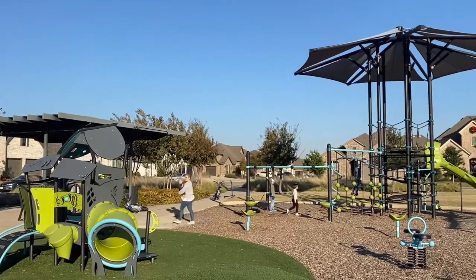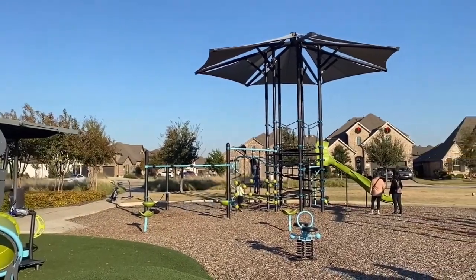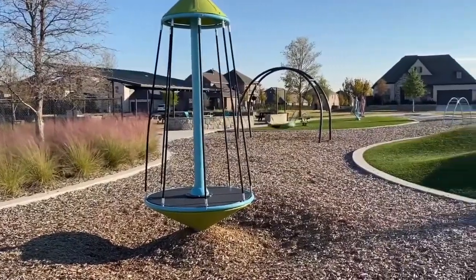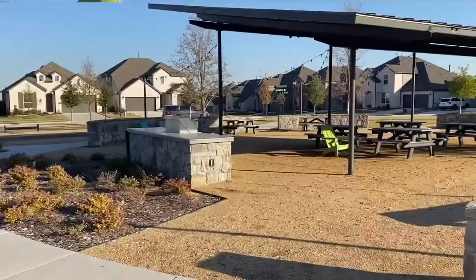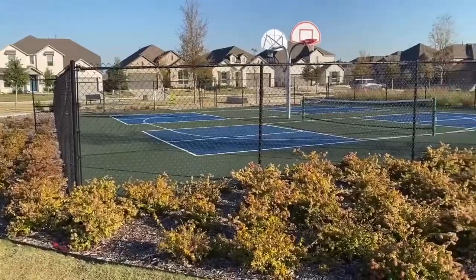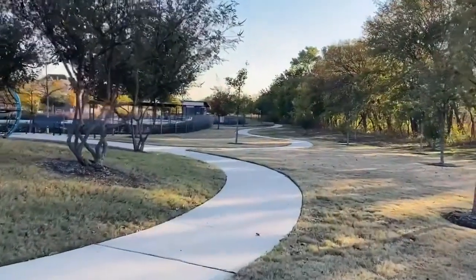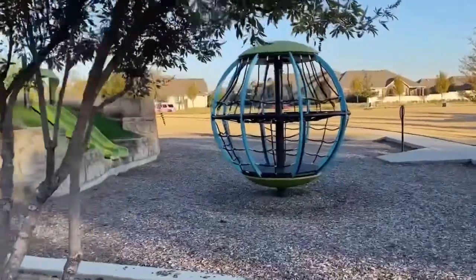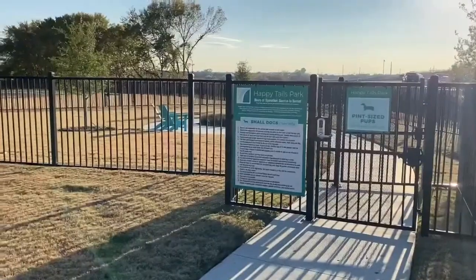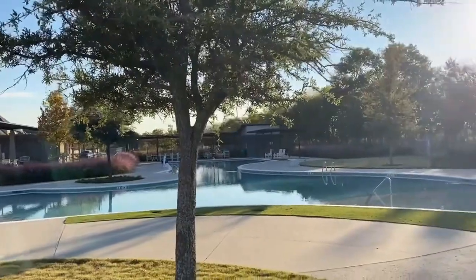Each time I have visited the community, I have seen several families just hanging out at the various parks scattered throughout the neighborhood. Lilyana's Blue Bonnet Park offers a covered pavilion, picnic tables, bocce ball, cornhole, sports courts, gas grills, and a children's play area. The 400-acre community has miles and miles of walking trails, a beautiful catch and release pond with a fountain, gated dog park areas, one for big dogs and one for little pups, and of course a large and beautiful community